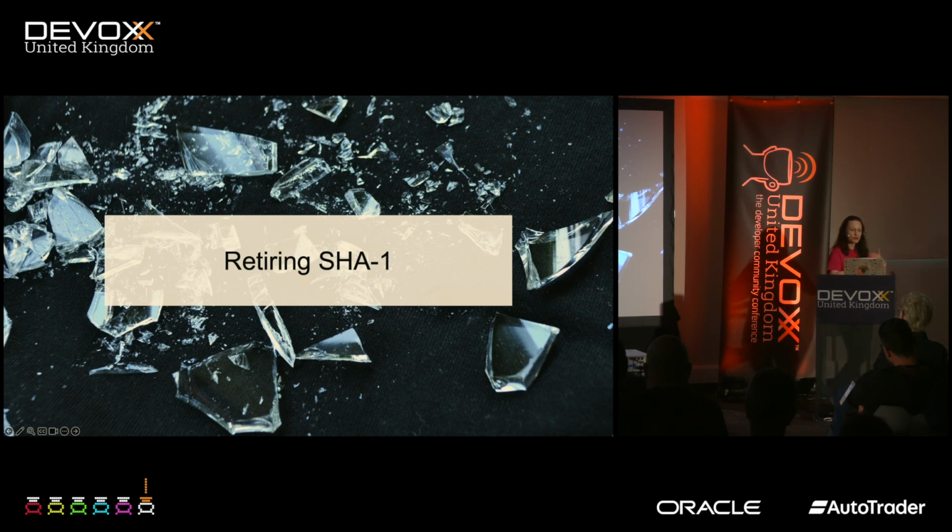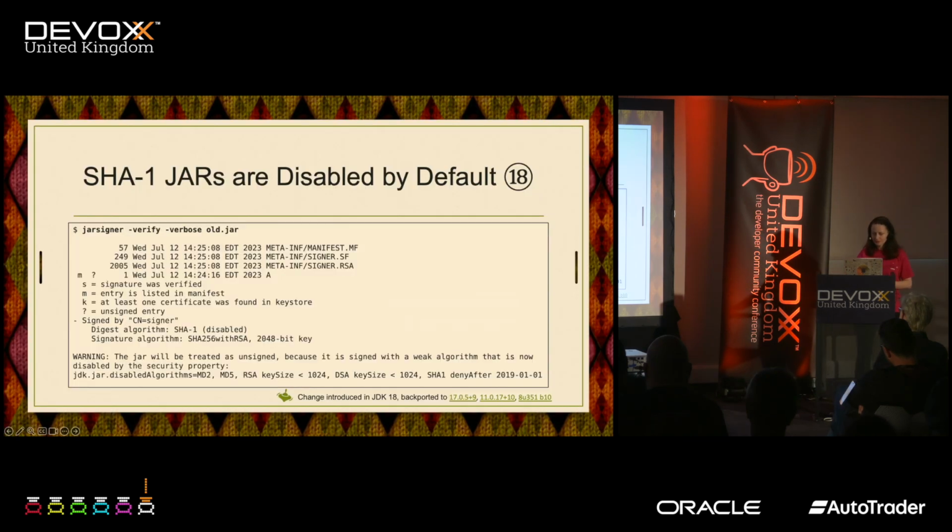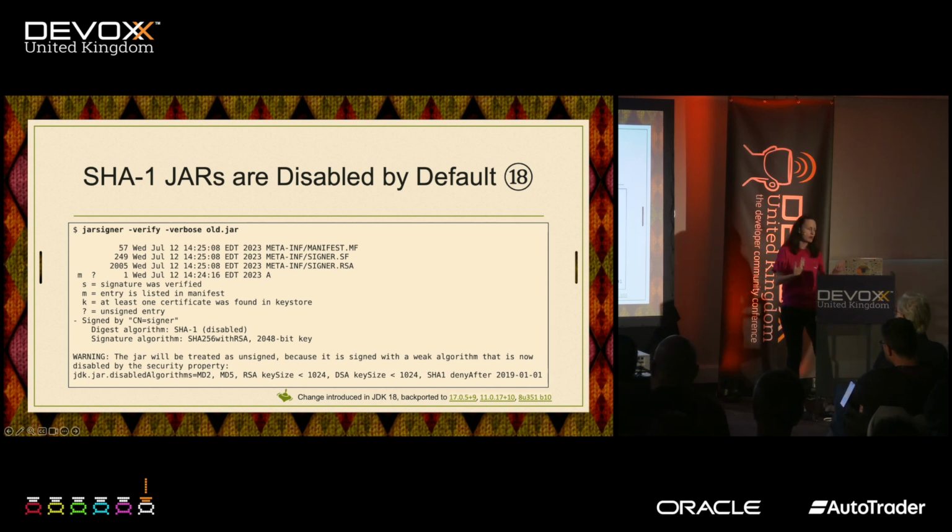Well, SHA-1 was restricted throughout time. However, there were still cases when jars could be signed with SHA-1, even though SHA-2 became the default when signing jars. Even though you can probably read that it's not okay to use this, it's forbidden and so on, jars could still be signed with SHA-1 algorithms.